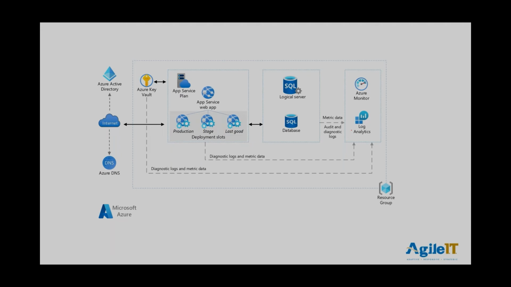Normally when people hear this, it's like, oh, I deploy to production. No, you go to stage and you say, we're going to switch this to production. You basically say, change them. So now what was in stage just flips to production. That's all. It's just routing. And if something goes wrong, you can say, I want to go to the last good one. So all this reinstall-to-deploy kind of goes away